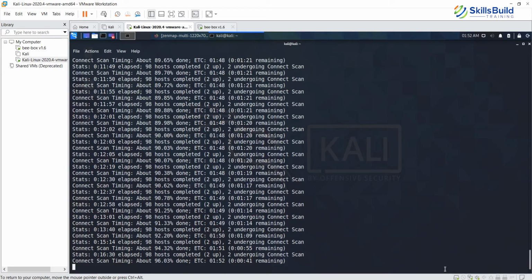You can find hundreds of nmap commands on the internet. But what is more critical is, do you know how to analyze the output? Because that is where it will make a difference. If you can't analyze the output, running a command has no meaning at all. So you need to be very sure that whatever the output is coming out, you should be able to determine what is happening.